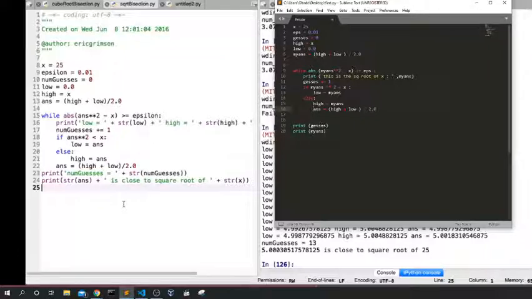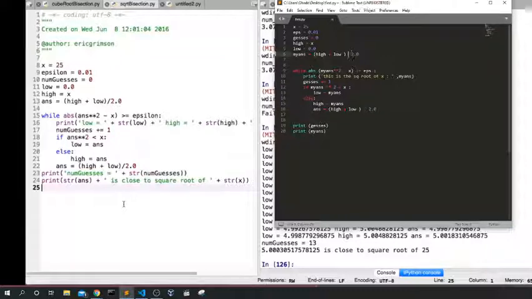So x is 25, epsilon is 0.01, the answer is 0, high is x, and low is 0. Okay, so high plus low divided by 2.0.